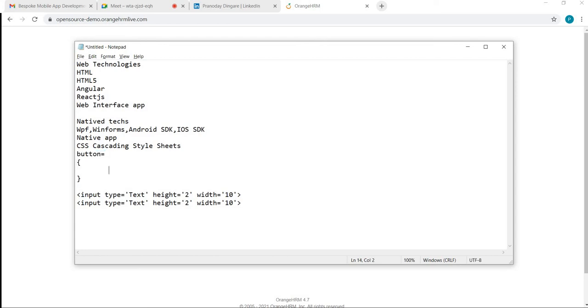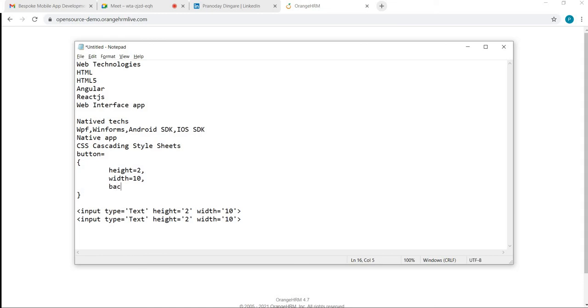So I have created one group of properties where height is 2, width is 10 and background color is equal to yellow.